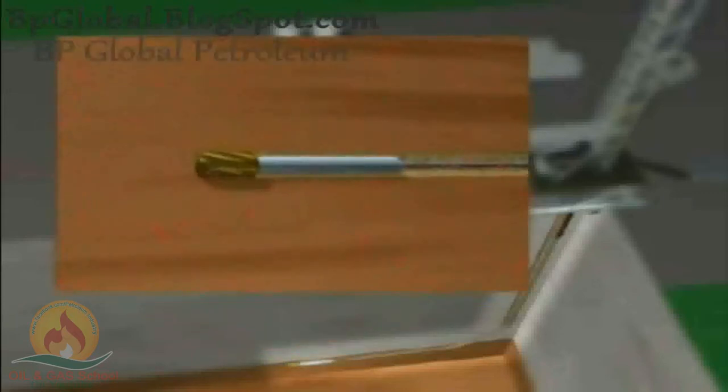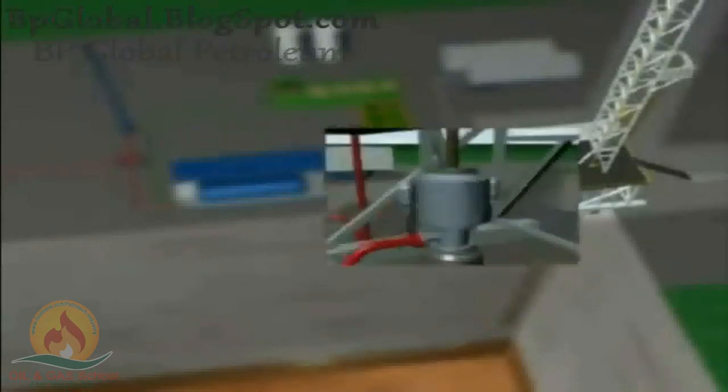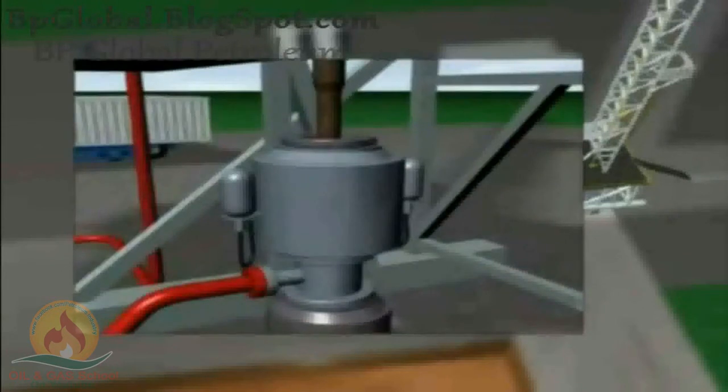Since the hole is drilled underbalanced, reservoir fluids such as oil or gas are produced from the reservoir and mingle with the two-phase fluid moving up the annulus. This means that the well is producing while being drilled. The return fluid from the well is diverted by a rotating control head to the surface separation equipment. The control head seals around the drill pipe while allowing the pipe to move in and out of the well